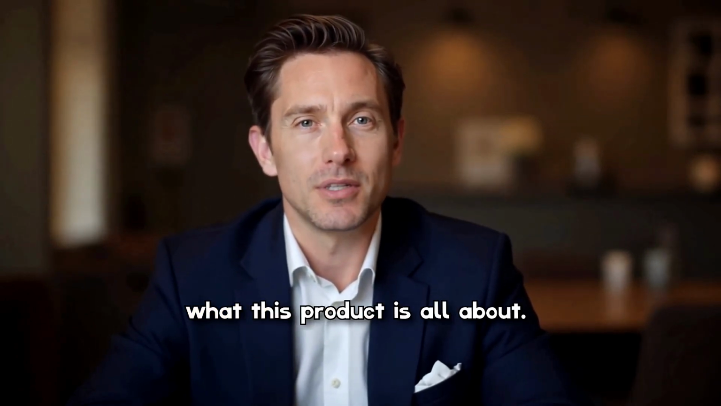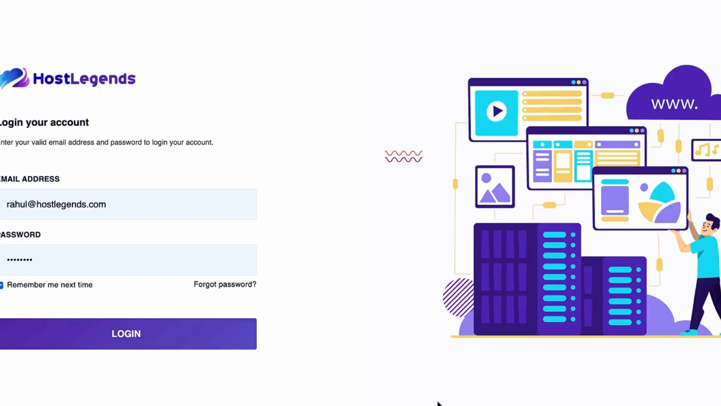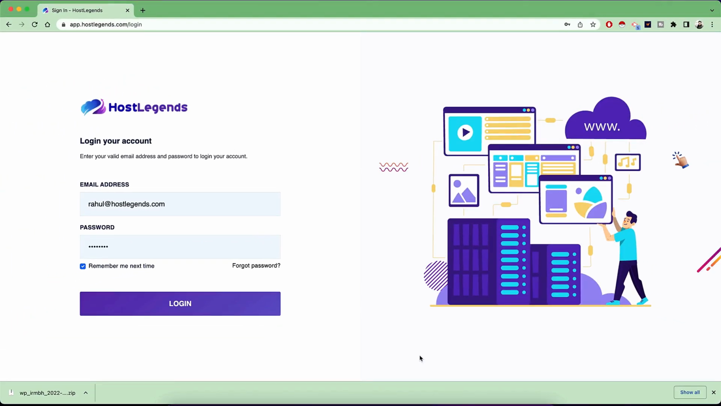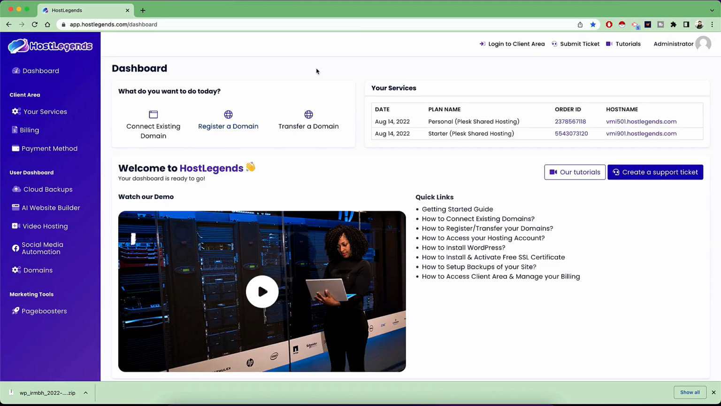So let's take a look at what this product is all about. Welcome to HostLegends. First of all, I would like to really welcome you for purchasing HostLegends. Let's quickly grab your credentials from your email and click on the login button. Once you are inside the dashboard, you will quickly see this nice dashboard designed for you, and the demo purpose